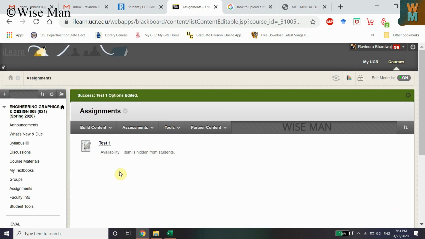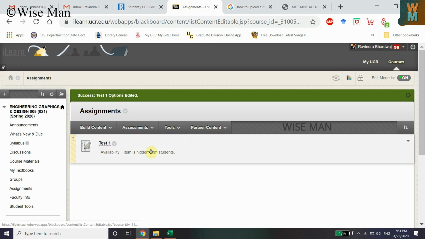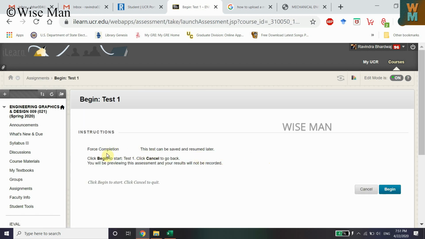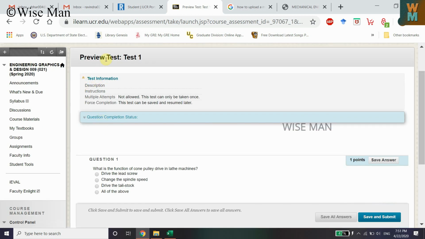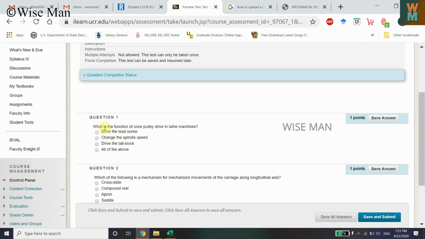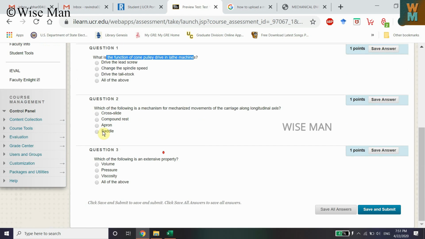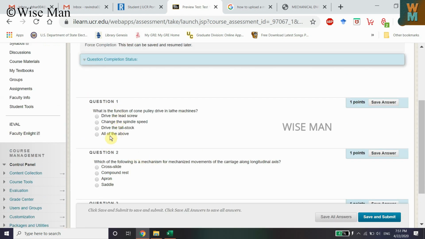So now as you can see, this test is available, but it's not available for the students. So as an instructor, you can see this test, but from the side of students, they are not going to see the test. So now let's check if the test is working or not. So click on the test, and that will start the test. Click on the begin, and now as you can see, this is the test 1, and we are getting the questions and the options. So for the first one, let's select this,